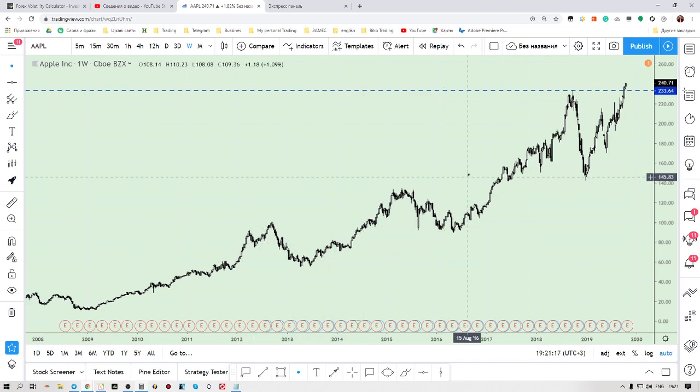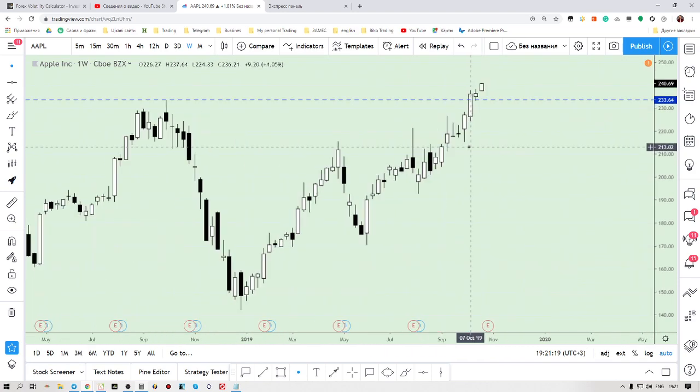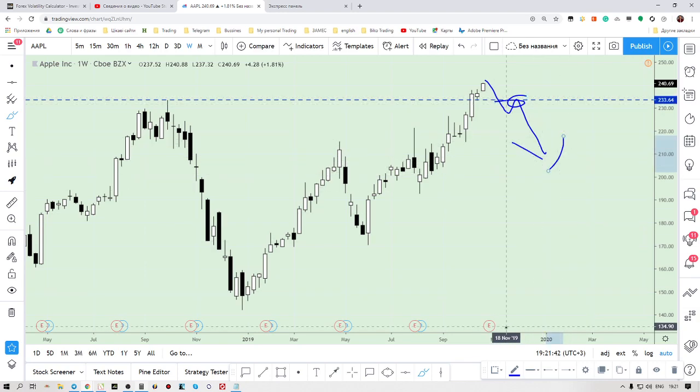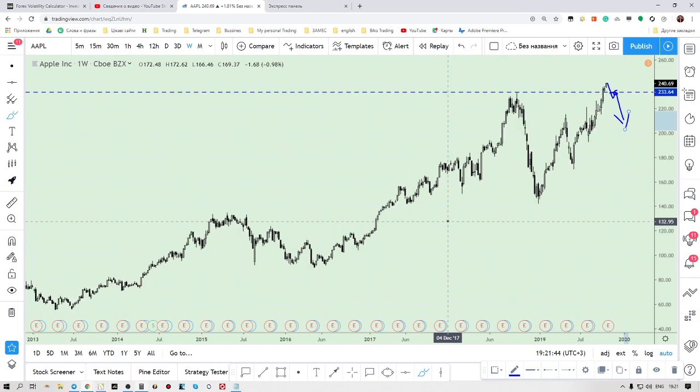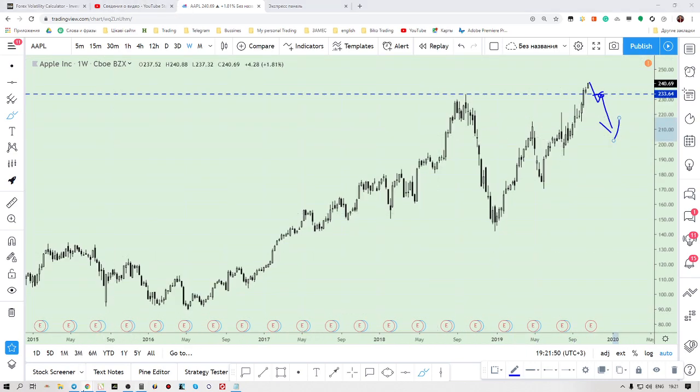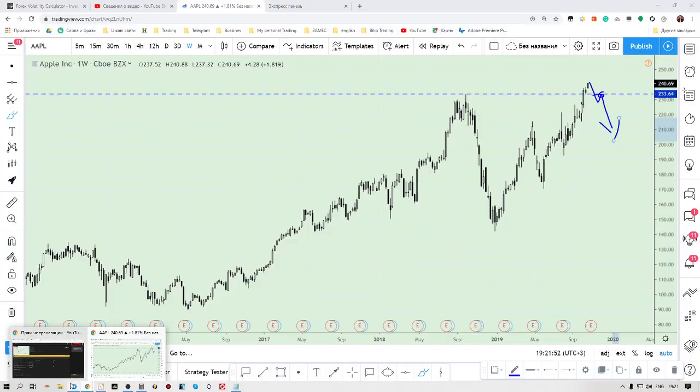That means price is overbought. The best scenario is if price somehow breaks down this key level, as you see, a mirror level, from which price bounced here and started this drop, and also take a look how price bounced from it here. If there is something like this, it will be a really good opportunity to open a sell with low risk and huge reward, because friends, it's not wise to open a buy on a stock after such a huge move.